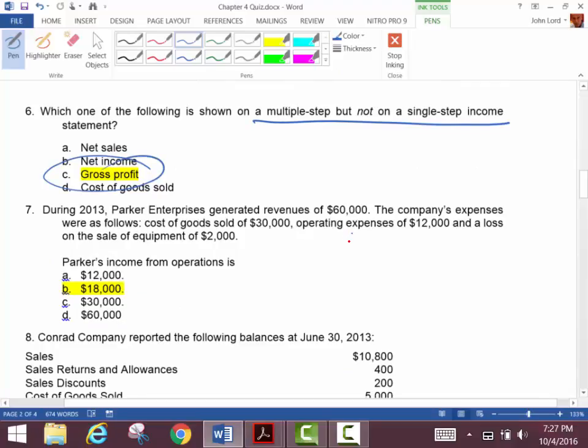Okay, do we know how to calculate that? Revenue is how much? 60,000. My expenses are what? 12,000? Oops. I'm leaving something out. Revenue, what made me leave it out is that they called it revenue. They're going to show me cost of goods sold. They probably should have shown me what? Sales would have been a better thing to call it. Sales. I'll fix that. There we go. Maybe not.